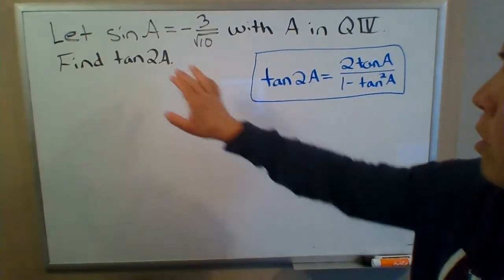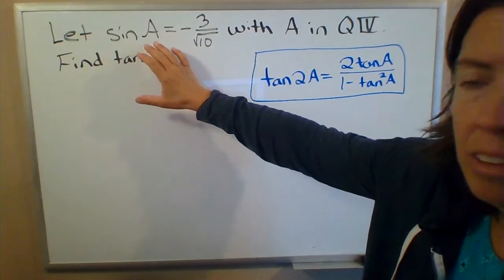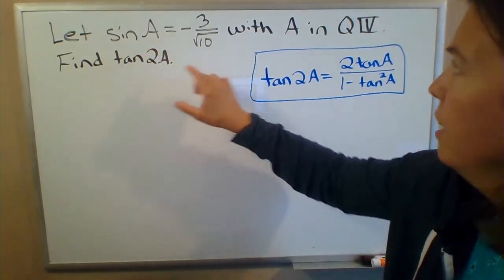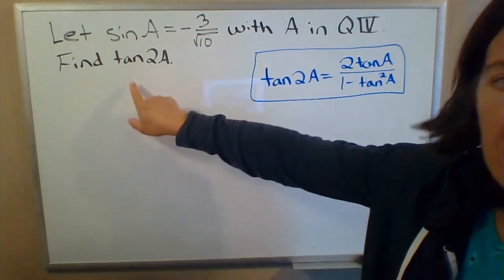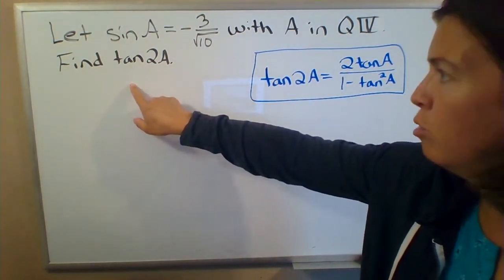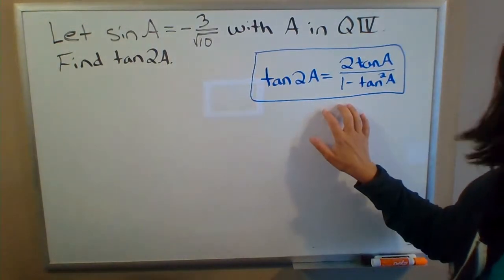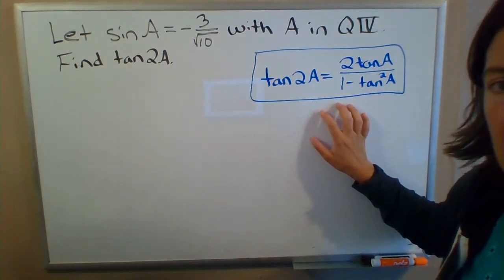In this example, we want to use this given value of sine, -3 over the square root of 10, and the information that A is in quadrant 4 to find tangent of 2A. So we're going to use a double angle formula here. And I went ahead and wrote down the double angle formula for tangent, which is the one we want to